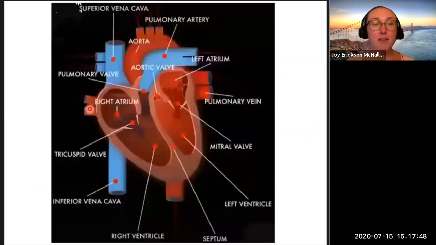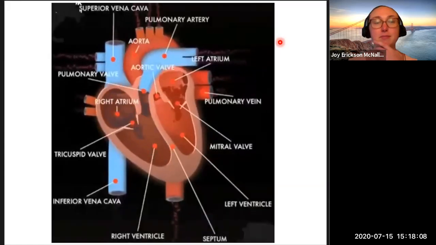Oh, I forgot this is a video. I thought this was a GIF. So I will try to find this video again and post it below the links for this particular lecture. It's an animation that shows this process, and it shows the pumping from one chamber to the other. I think it's kind of just cool to see. So I will post this below.